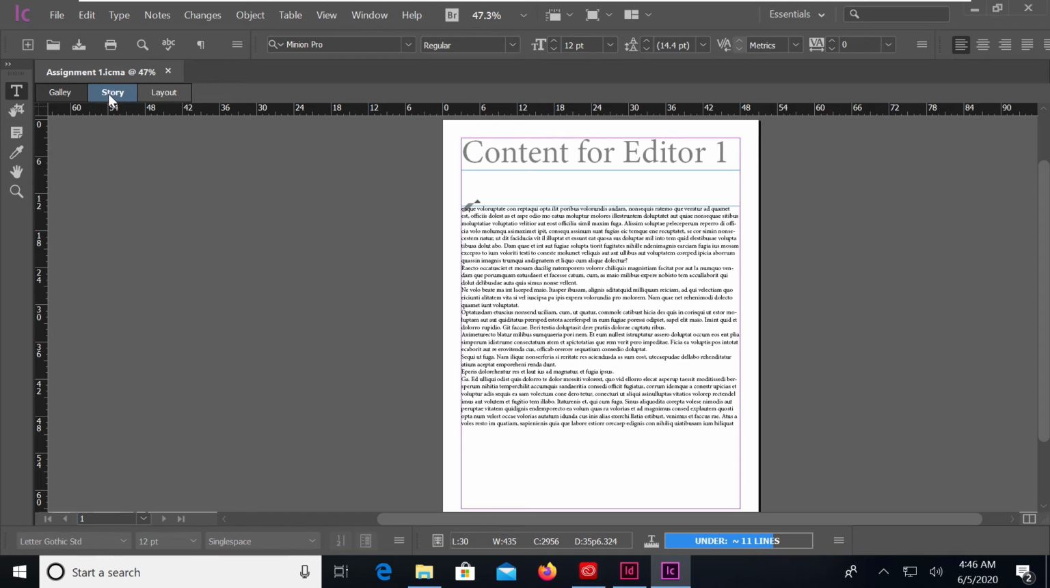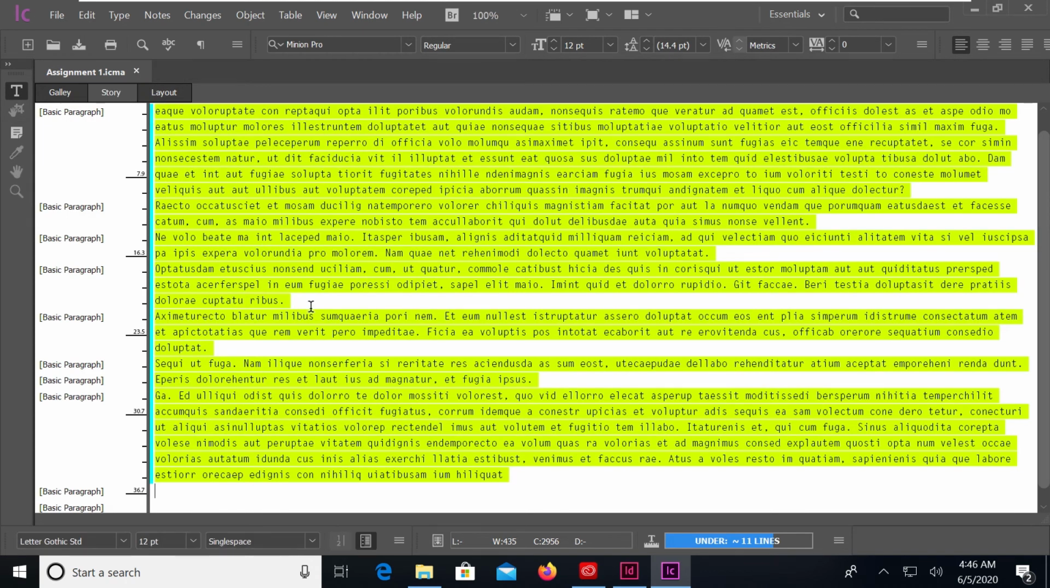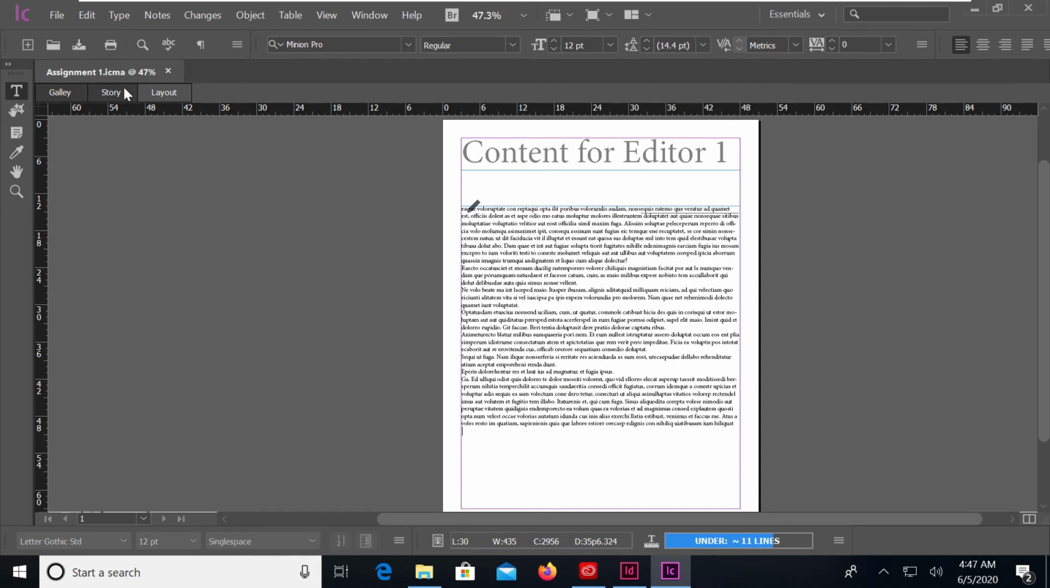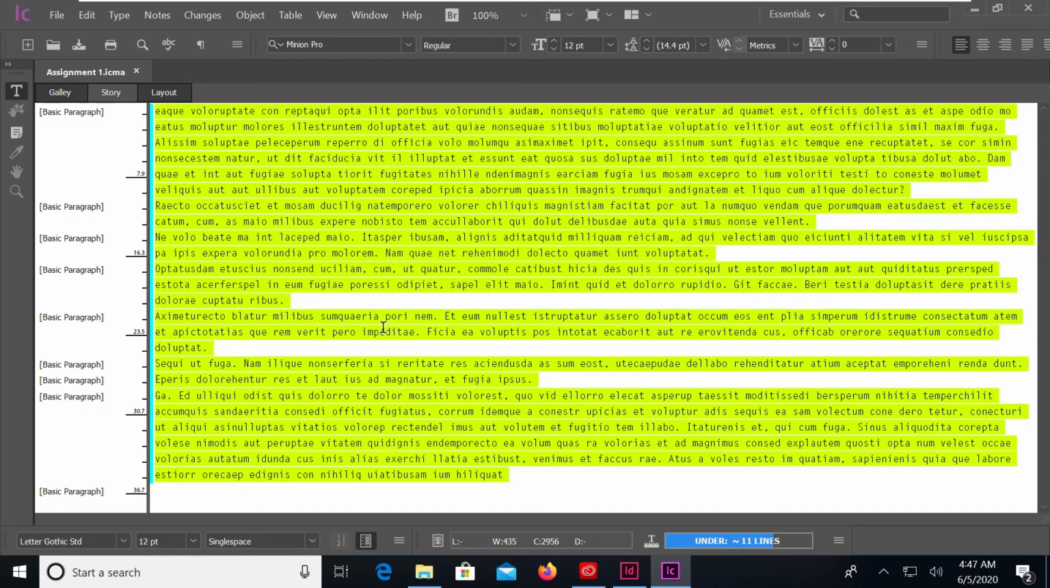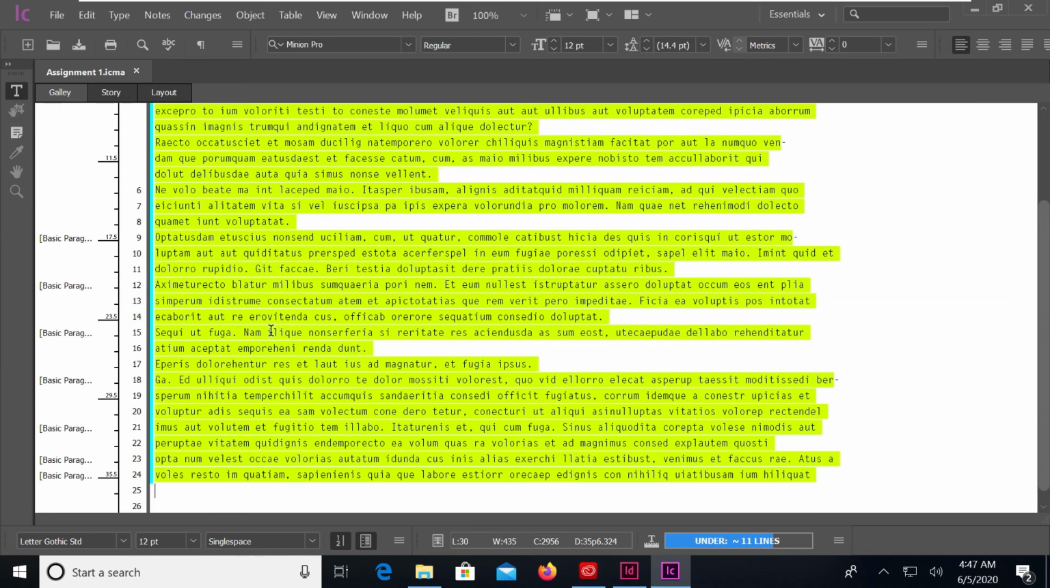Now let me switch to the story view and the galley view. You can see that in the story view, I have the text and everything available to me, and the appearance of this text is very different from what I see over here in the layout view. In the story view, you have a very simple appearance of the text. And if I switch to the galley view, you can see that it has a count of my lines,